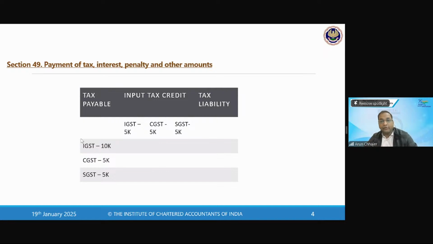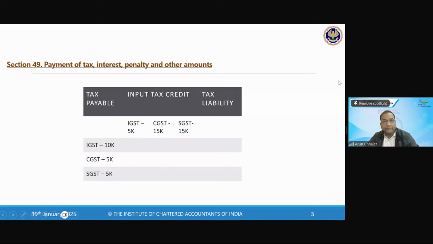Now the last very interesting point. Same example I'm continuing. Only I have changed the ITC of C and S. Now what is my question? Kindly focus. We know that I will give to I ka liability, C will give to C ka liability, S will give to S ka liability. Now if I will say, now the closing balance is 0, closing balance is 10,000, closing balance is 10,000. My point here, what I like to explain in this example,